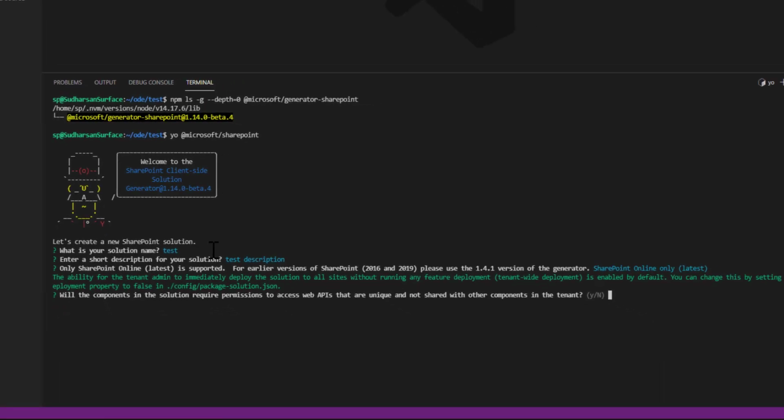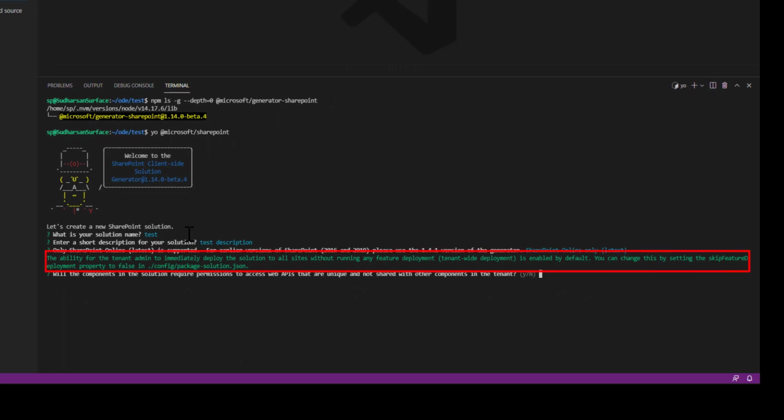And when I choose SharePoint Online, you see here usually there will be two options. Now they have removed the first option, so they are just displaying the tenant admin option. Deployment is enabled by default. So in case you don't want that option, you have to go and change the skip feature deployment property to false.